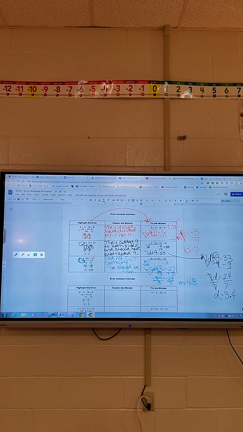Is everybody clear on what you're going to do for these error analyses? Okay, we're going to do another one tomorrow. But these are on your test. Okay? These are on your test. All right? So now, get the stapled packet that you did last night, and we're going to do the guided practice on those together, and then you're going to do the